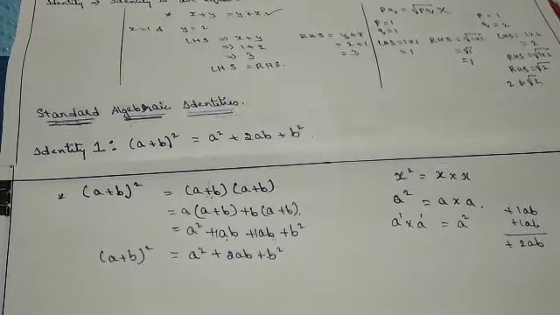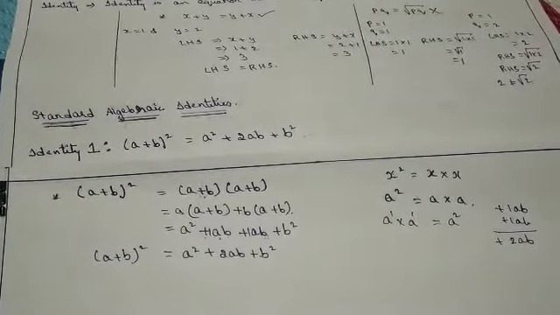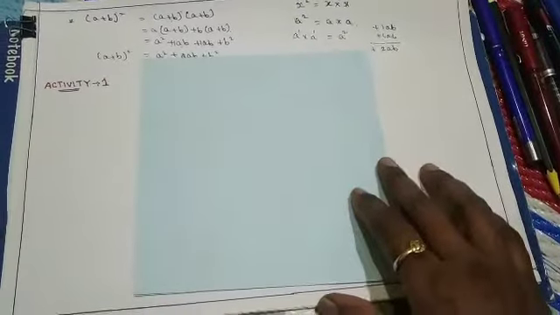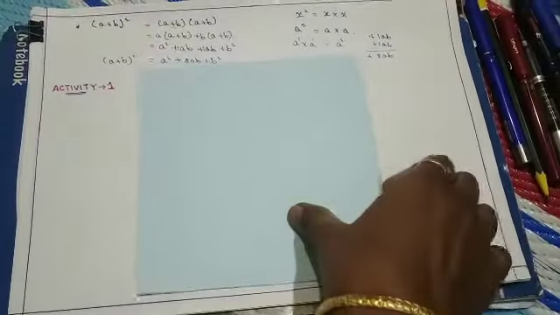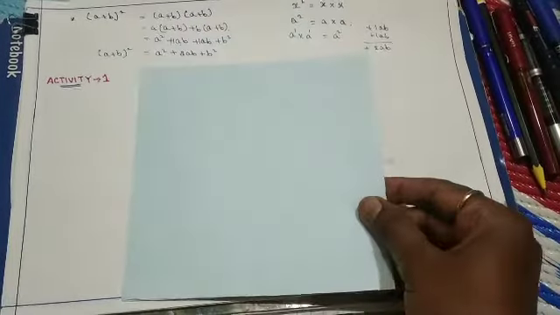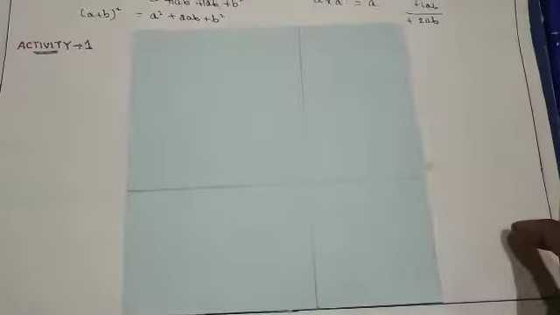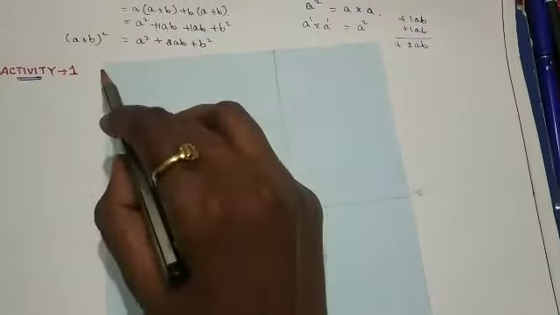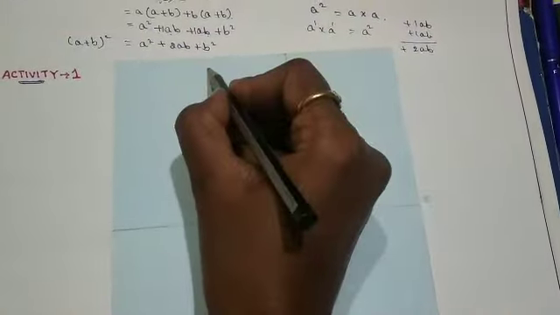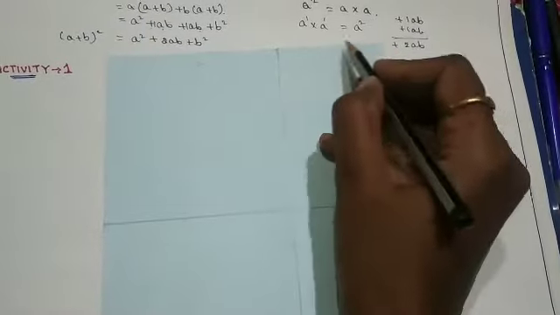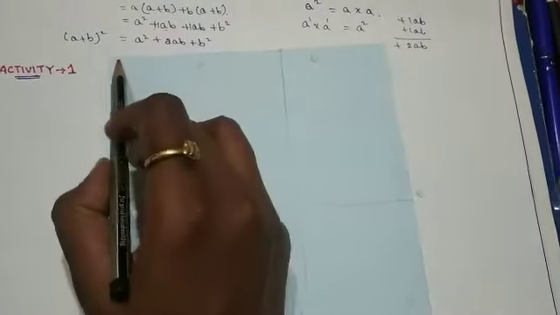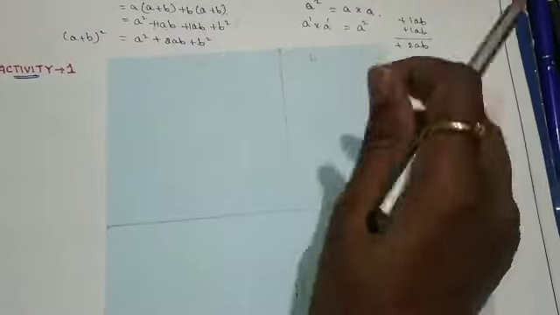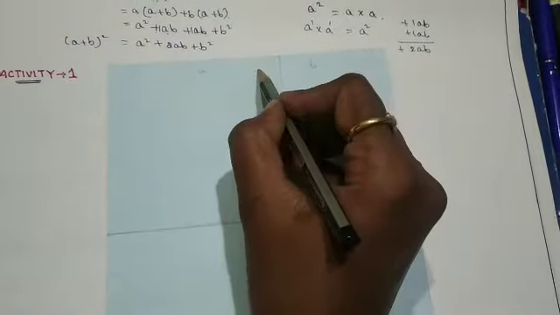This is by solving. So now we'll try to do the activity. For the activity, I have taken a square sheet of paper, children, and this square sheet paper I am going to divide. So here the square sheet is divided into a few parts, children. Two lines have been drawn. From here to here it is taken as A, and here to here it is taken as B. Then what will be the total length of this side, the bigger one? It becomes A plus B.